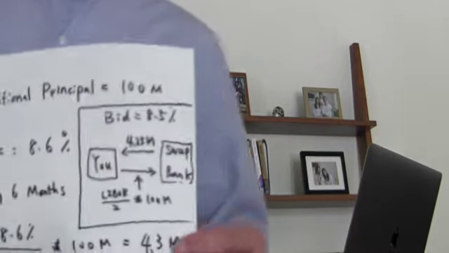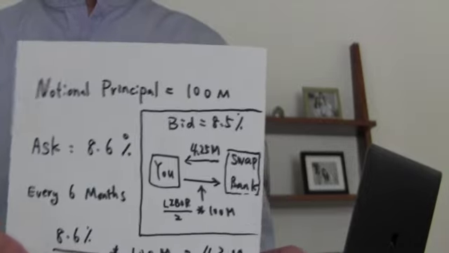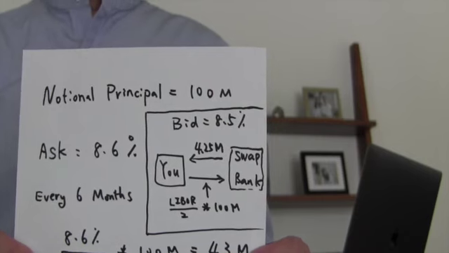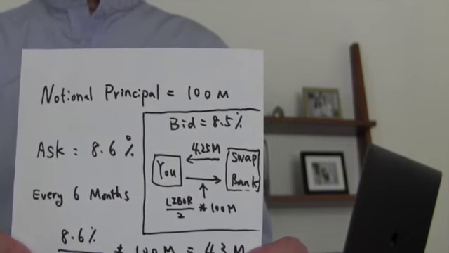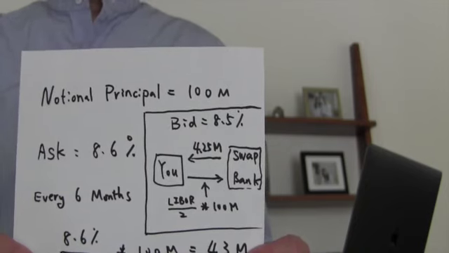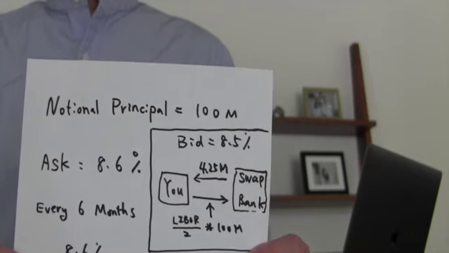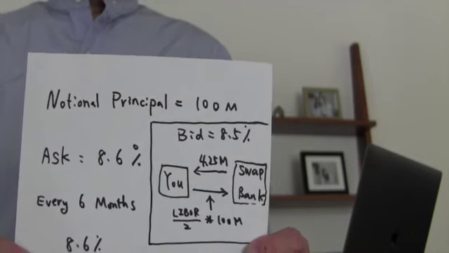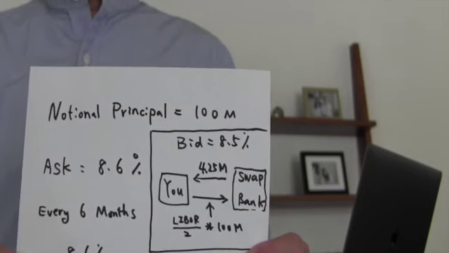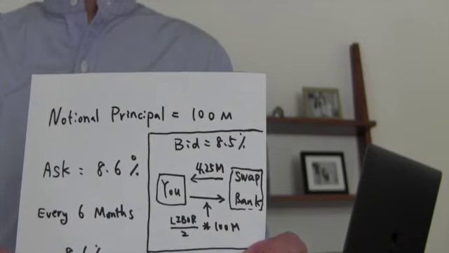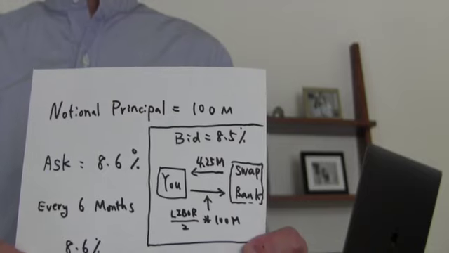Okay, so this is the numerical example that I want to show you here. We have a relatively low-tech solution, but this will work. Let's assume that we have a contract, and a contract is going to have a so-called notional principal. In this case, assume that it is 100 million US dollars. This doesn't mean that we exchange $100 million. No, the cash flow that we exchange would be the interest on this principal.